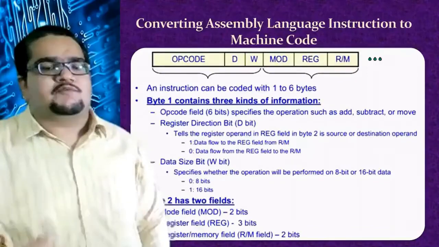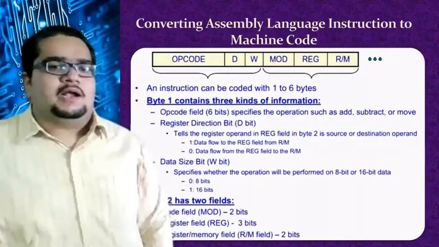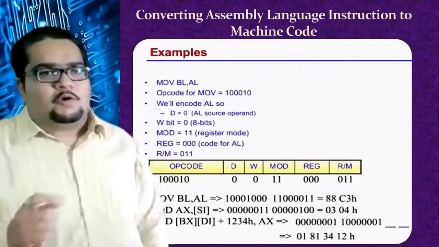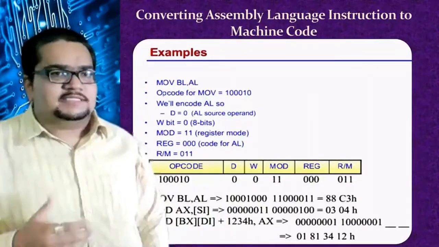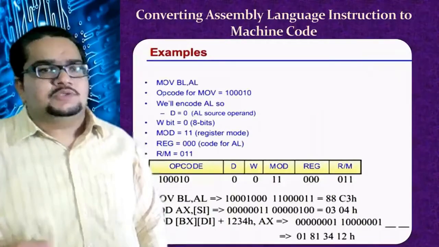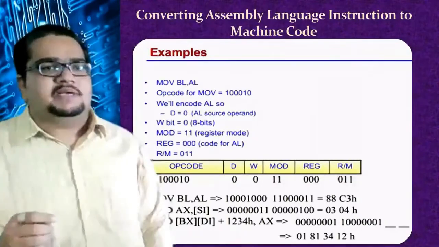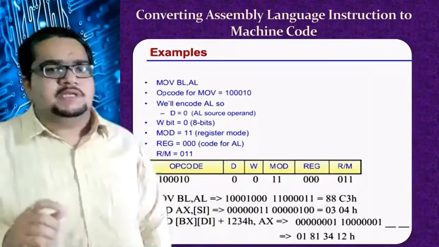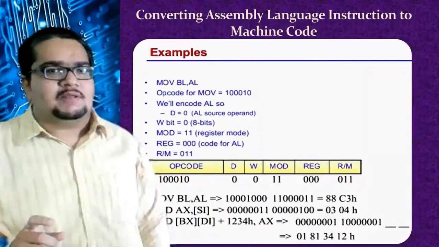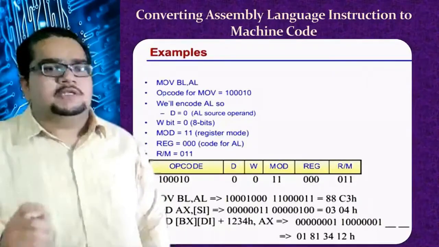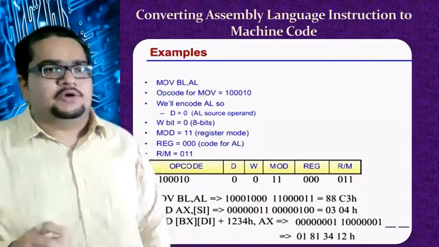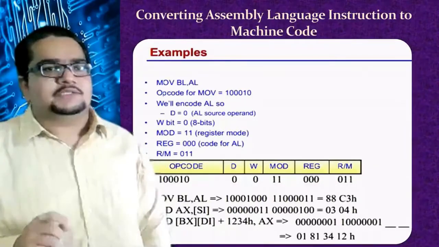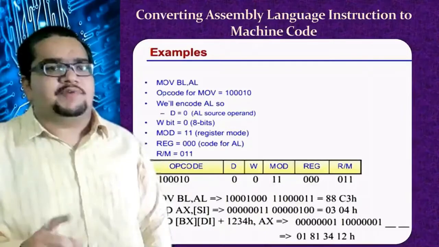So this is the general format given here. You can check it out. And in our last class, we calculated the operation code of an example, MOV BL, AL. So there is some 8-bit content in AL which you are trying to move into BL. For this purpose, the opcode for move is available, and the operation is 8-bit. So that is why your W bit will be 0, and the destination D bit is also made 0, because AL is the source here.